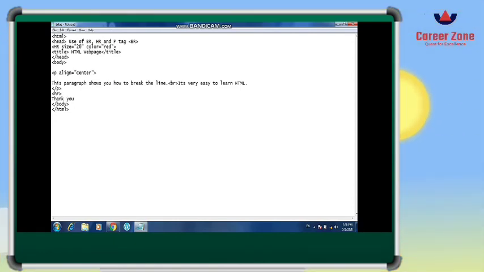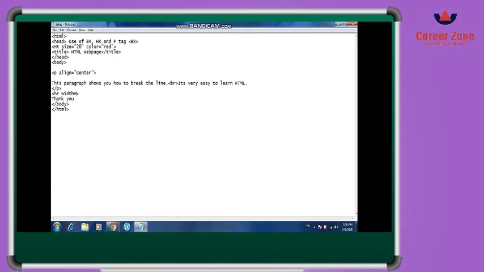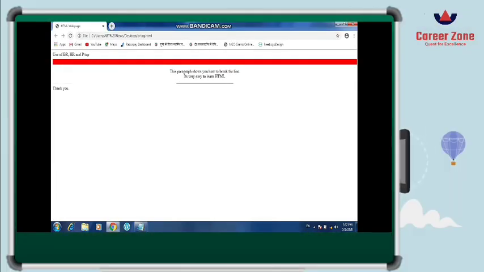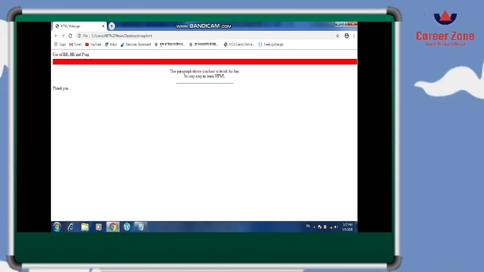Now I am going to write the width. It defines how long you want the ruler to be marked inside the web page. I have written width is equal to 250. See how the width is defined now. I think you are able to see.